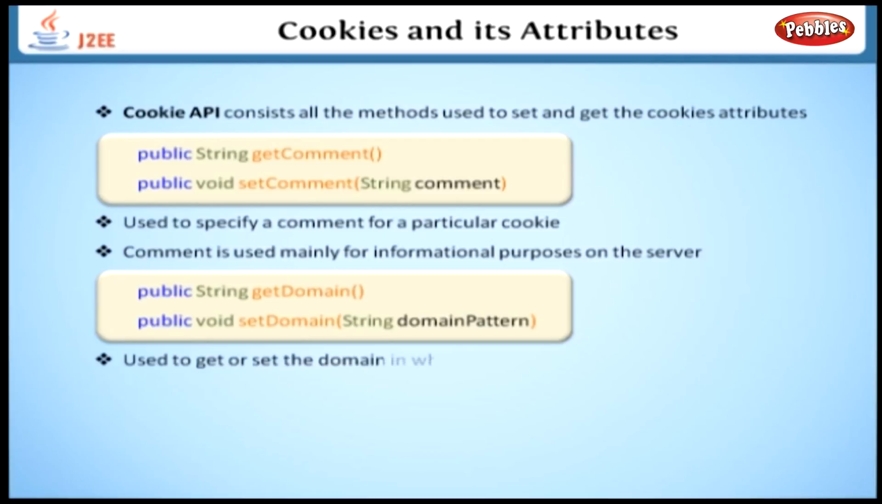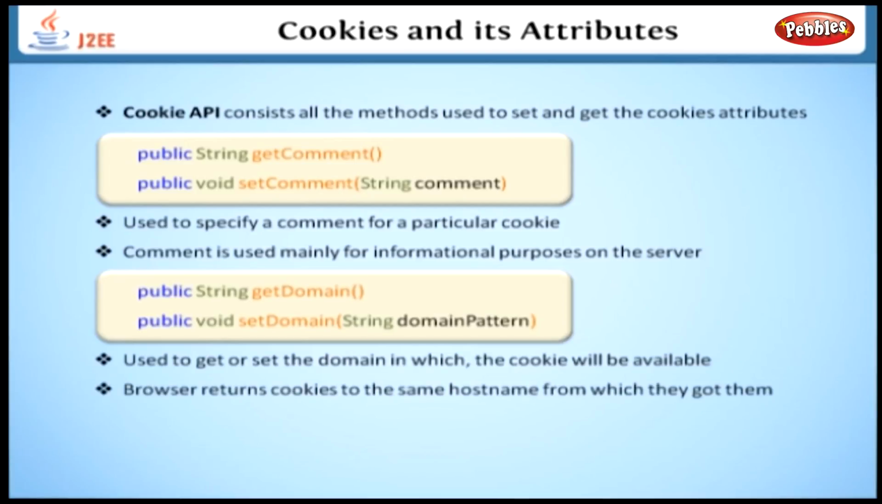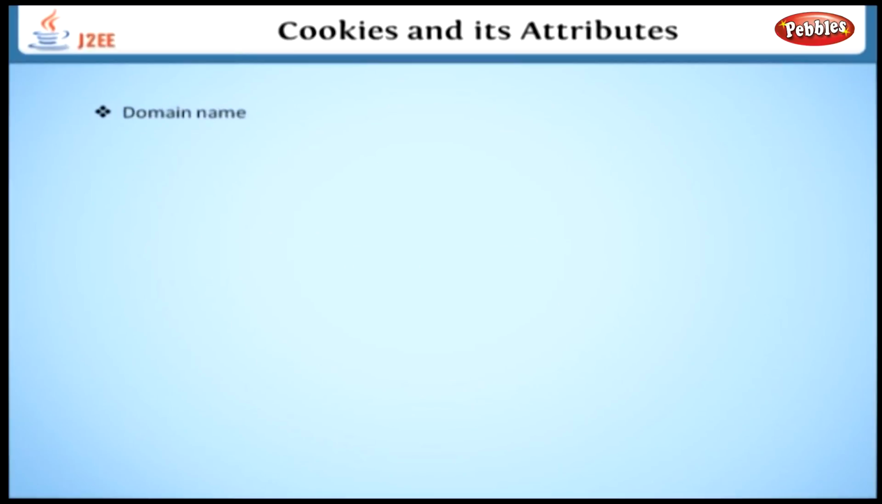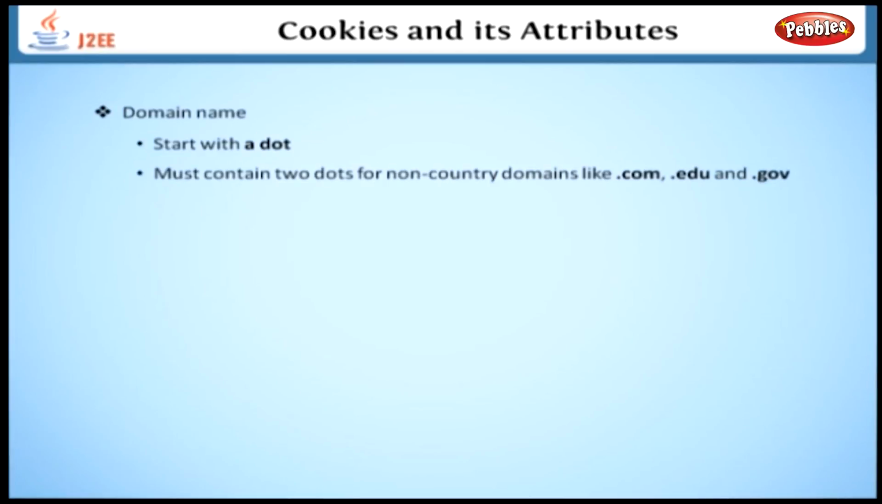These methods are used to get or set the domain in which the cookie will be available. Normally, the browser returns cookies to the same hostname from which they got them. We can use the setDomain method to instruct the browser to return them to other hosts within the same domain. The domain name specified is required to start with a dot and must contain 2 dots for non-country domains like .com, .edu and .gov. For example,